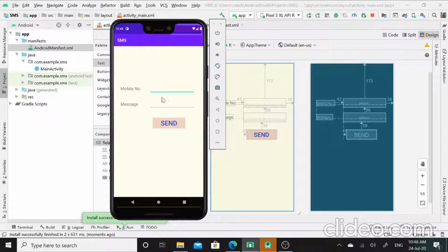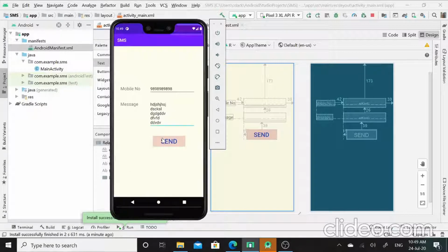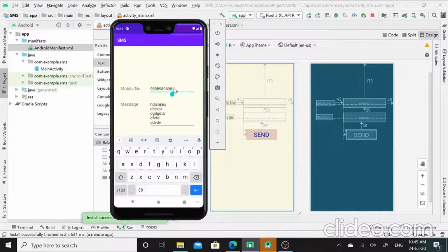And now you can see that this is the SMS application. Here I have to enter a mobile number. You can see that I can enter only up to 10 digits over here, and here I can write the respective message. Since I have set its attribute as multi-line text, I can enter n number of text here. When I click on the send button, this message will be sent to this mobile number. To see the output, I need to run this application on a real device.